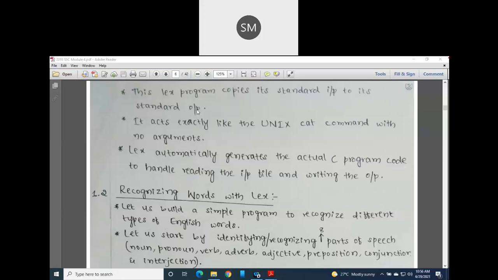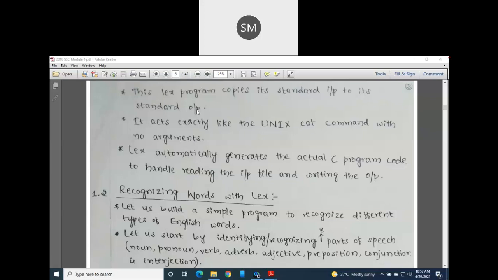So everything it is taking. Simply I used the dot because dot matches every character except the newline character. Dot means every character except the newline character. Then if you want to match that newline character also, if you want to print that newline character on your monitor screen or output device, then what you have to do? Mention it separately by using one vertical pipe there. What was that vertical pipe telling? You take the action of the next pattern.